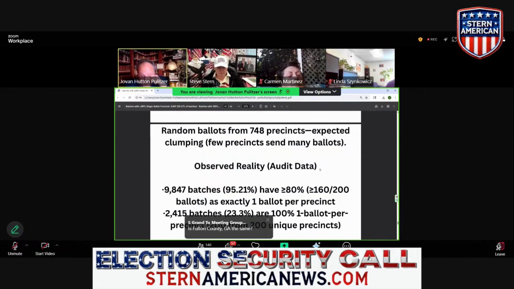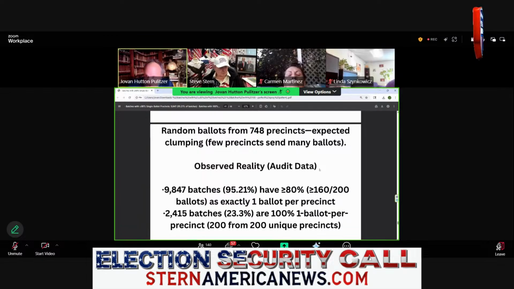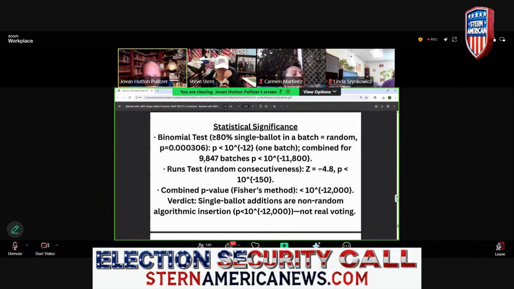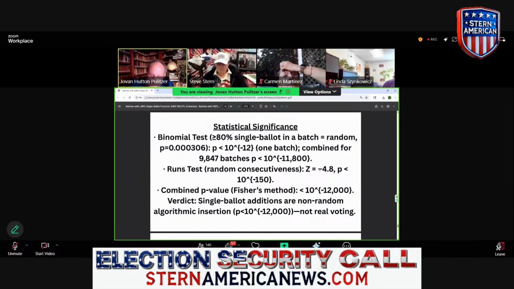I want to give you some scales of how you can determine this. You don't have to rely on anything except just put in the numbers, put in the data, the precinct, it will tell you what's up. Here's the deal. Most people glaze over when they see these. I glaze over. Fisher methods, we had to have binomial tests. We had to have random test runs. We had to have p-values. We had to have consecutive p-values, all this other stuff.